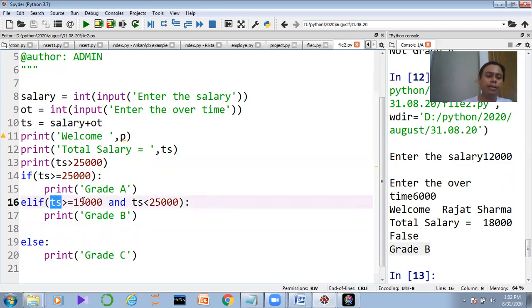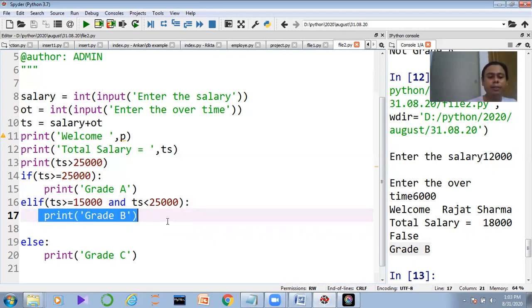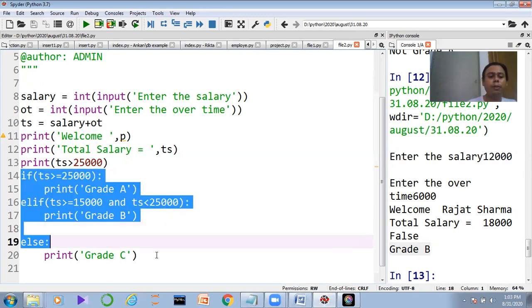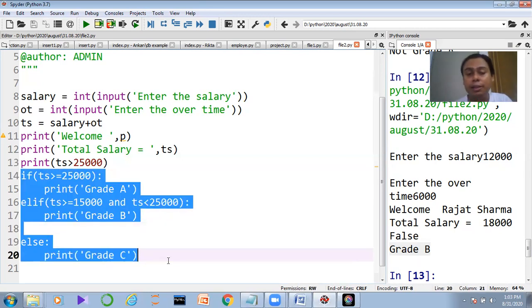Now total salary, which is between 15,000 and 25,000, the data point is coming in between. So here I can get the salary as grade B. So that is called multiple if, elif and else. This is called logical operator.